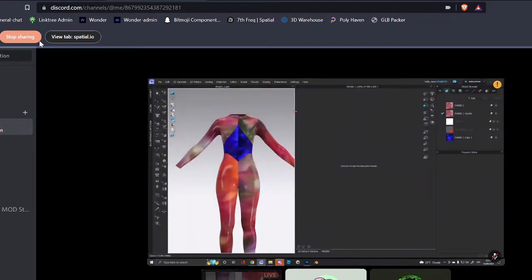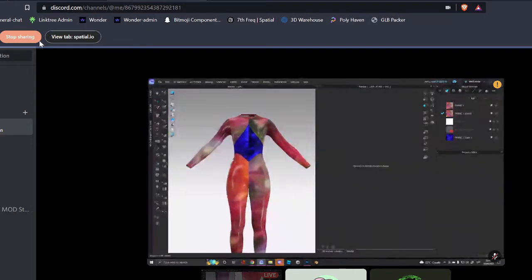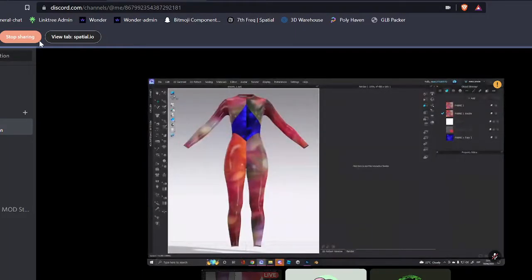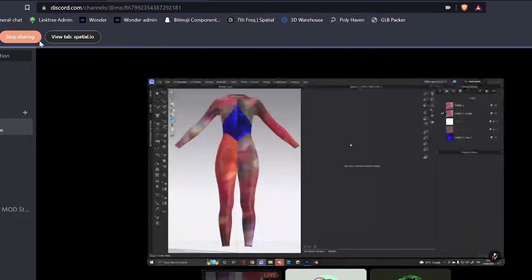So don't mind the too shiny. It's just for your reference, that is your material basically. It's a nice way to quickly see what's going on, but the actual